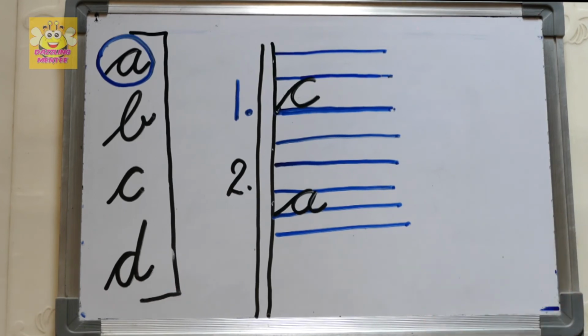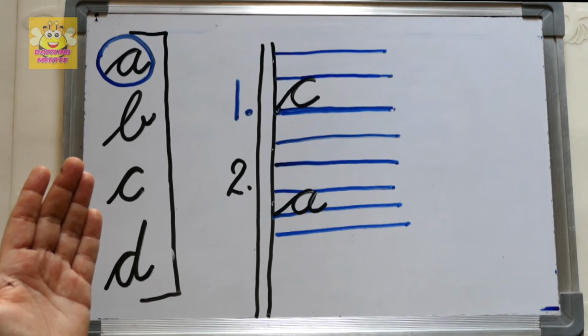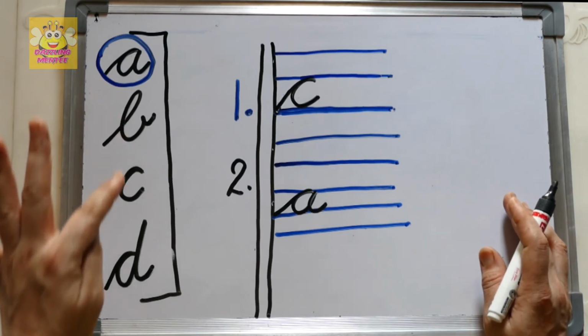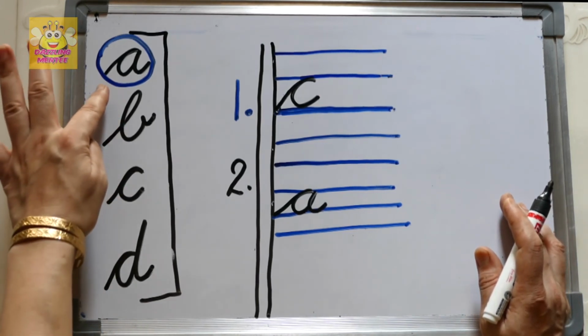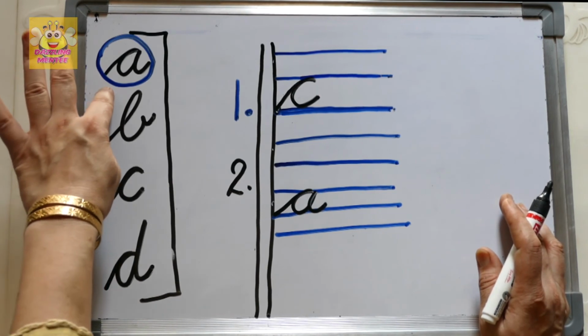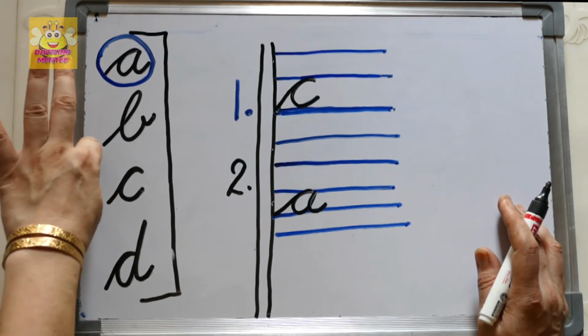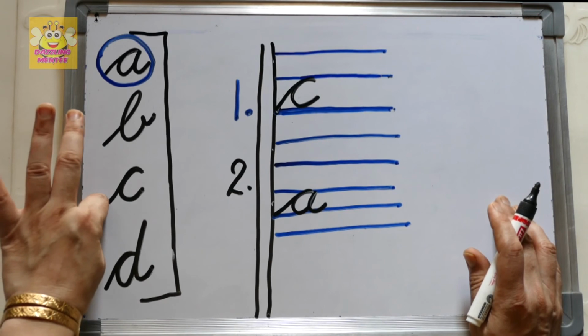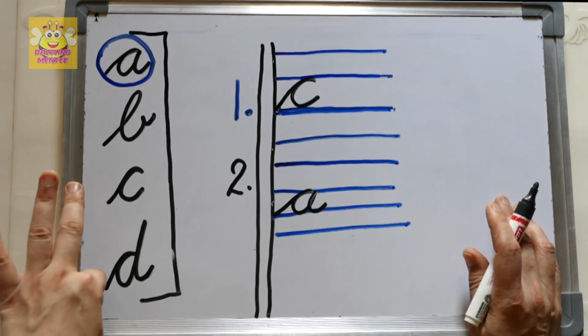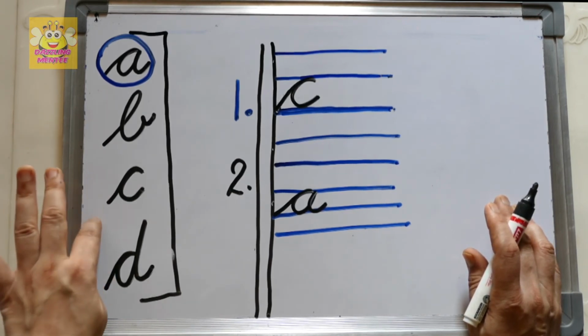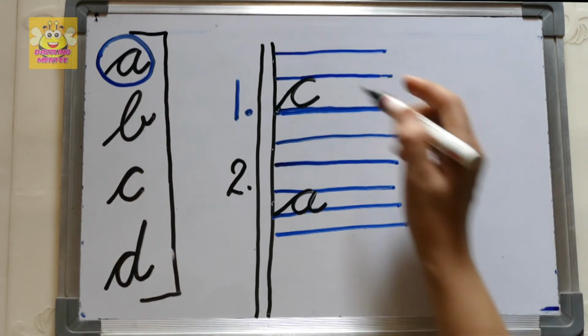It's not just you speak and the child will write. It's the beginning. It's the first step. So let the child be smarter than earlier. You ask the child, you write down on the first line, A. Second line, write down B. Third line, write down K. Fourth line, write down D. And afterwards, take a dictation.